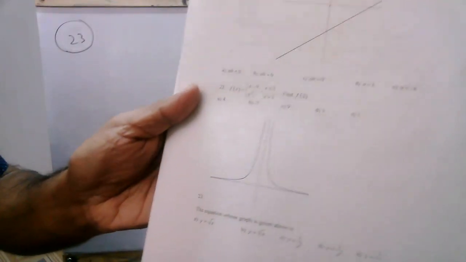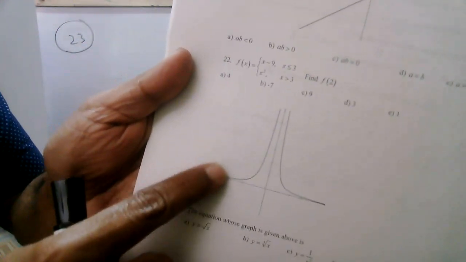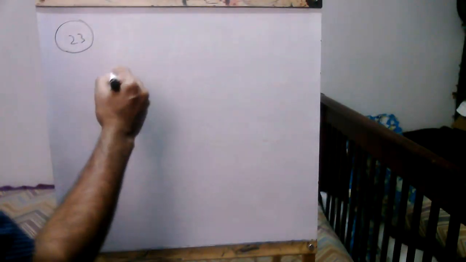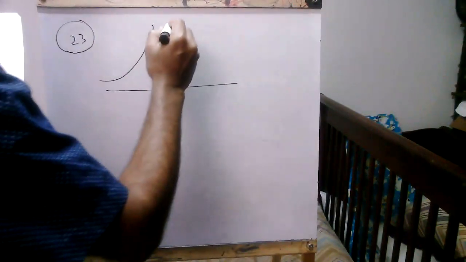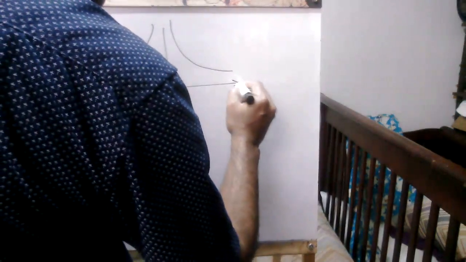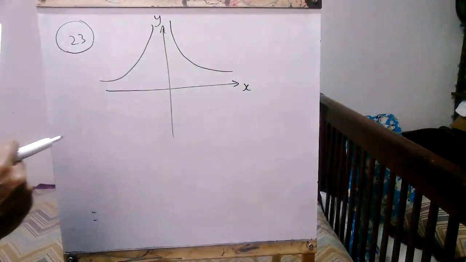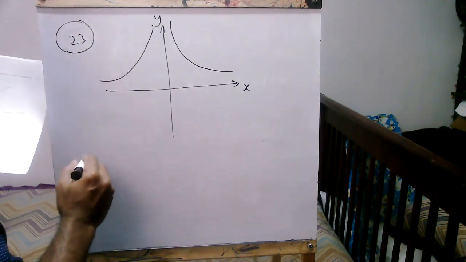The equation whose graph is given above is... I show you this. This is the graph they're talking about. If I do a rough sketch, it is like this, X and Y, right? Now the answer choices are